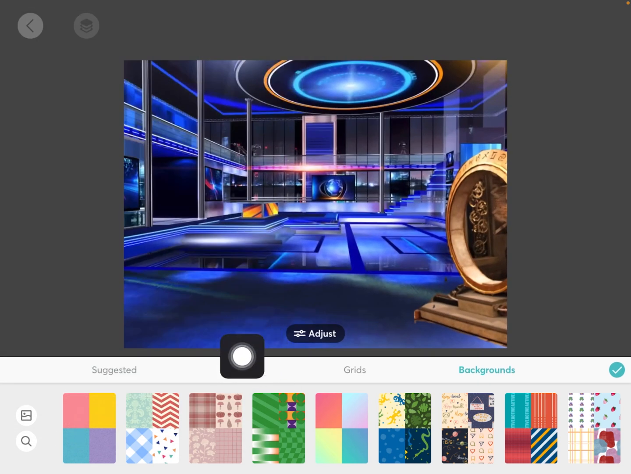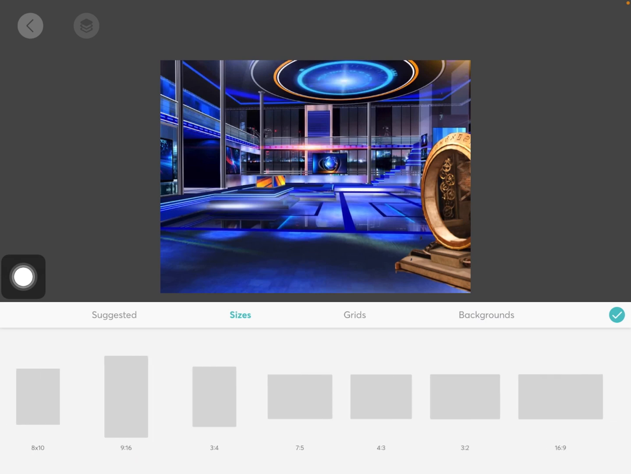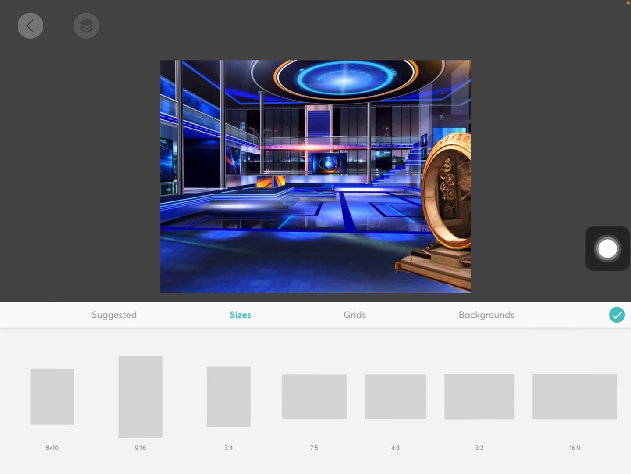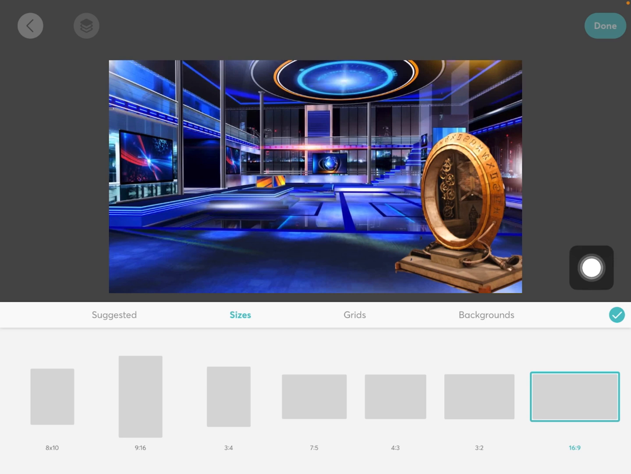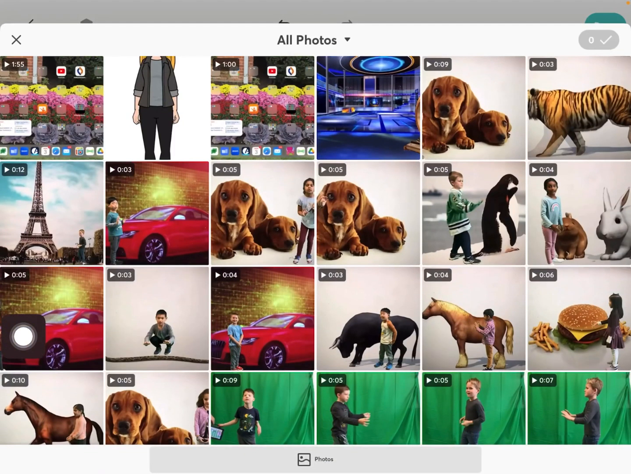I would go to sizes just to make sure it doesn't cut anything off, and choose the largest one that makes sense with your picture. So then now you can see more of it. Then you can hit the check mark right here. Once you're done with that, then you can go to Photos. You can upload your image,